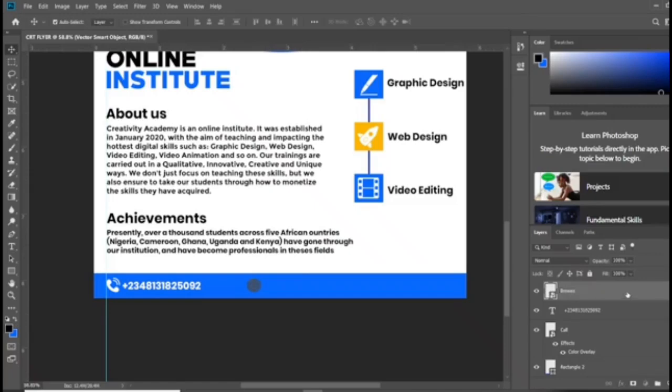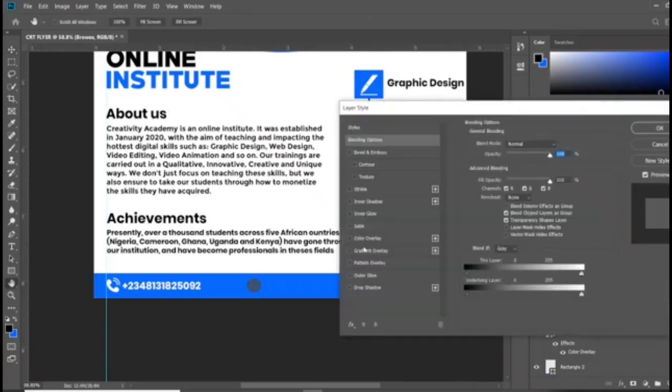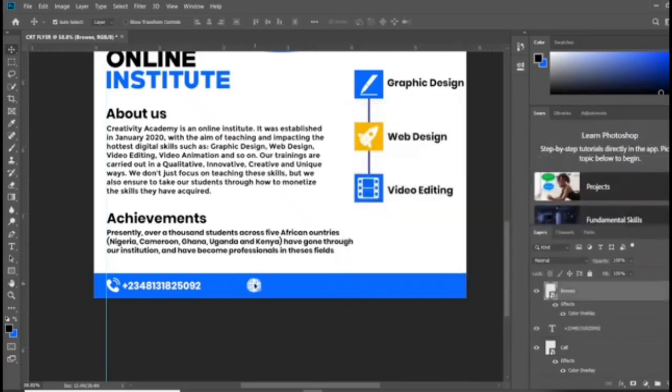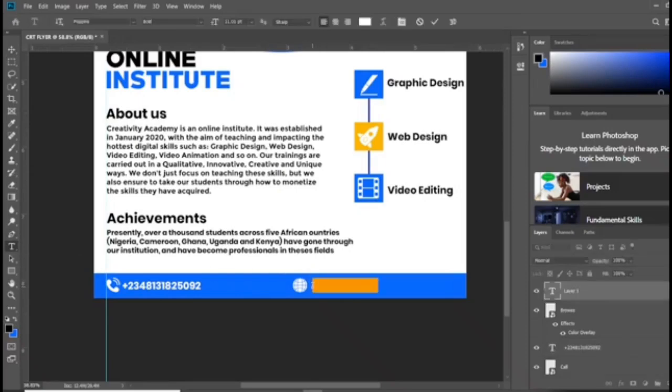Okay, then I'm going to double click on the layer. So I go right to my color overlay. Now I have my white color. I click on OK. Now I'm going to bring this a little bit towards the side. Then I'm going to click on this. I want to duplicate this. So basically, let me just go back to my text tool. I'm duplicating my text. Then I'm going to click on this. Then I want to type in